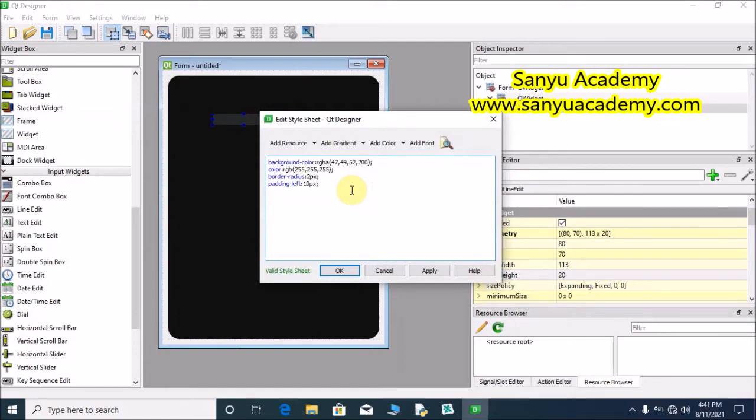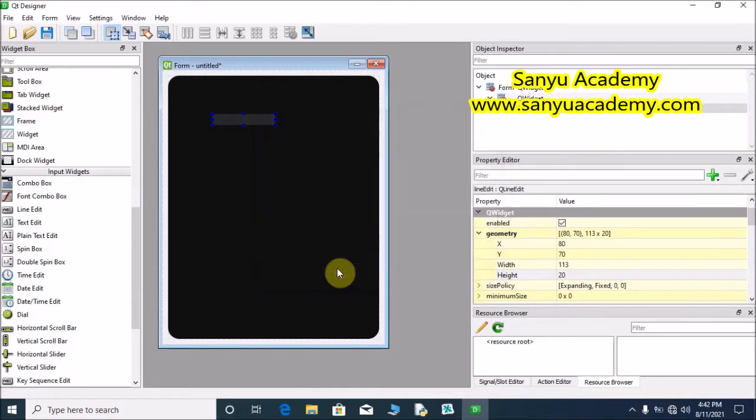Then we have to provide the border-bottom-color: rgba(46, 82, 101, 255); click apply, give OK.